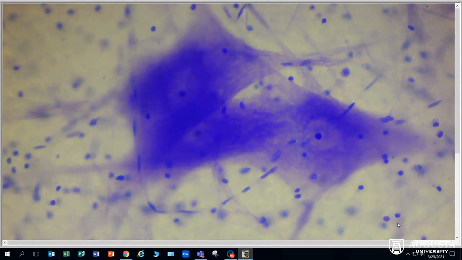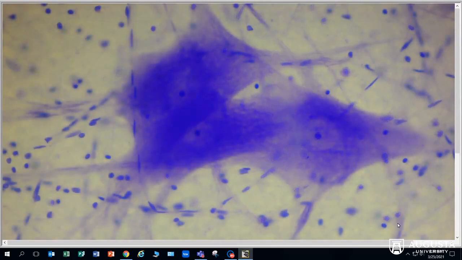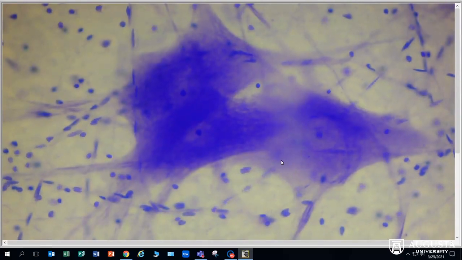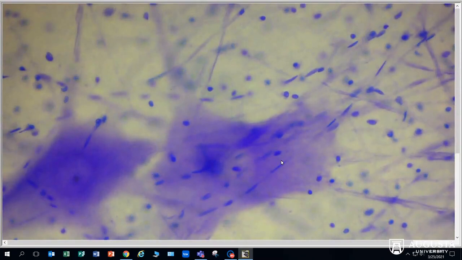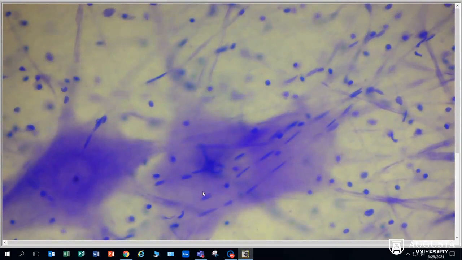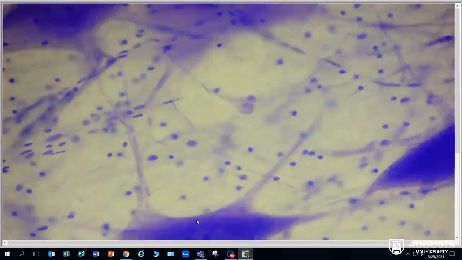If you notice, some of the glial cells look as though they're all lined up in a row. I want to bring your attention to some of those more linear structures. So here we have 2 rows of glial cells, and what this appears to be is an axon with Schwann cells forming that myelin sheath